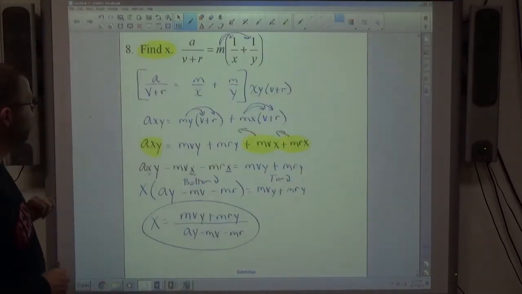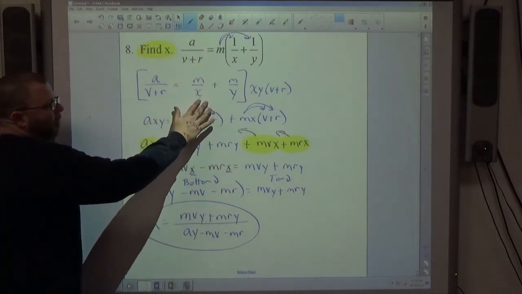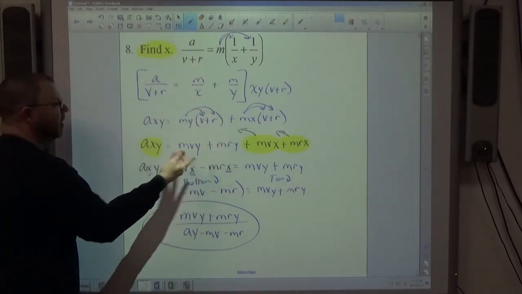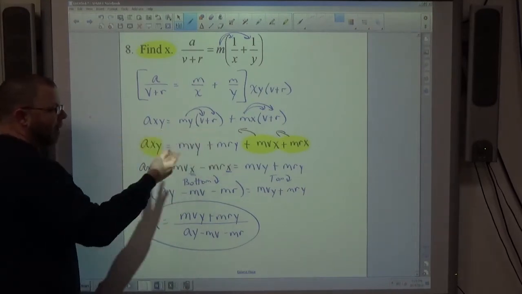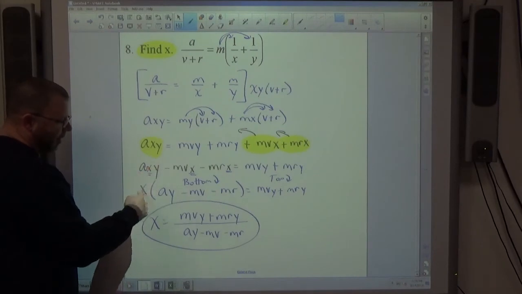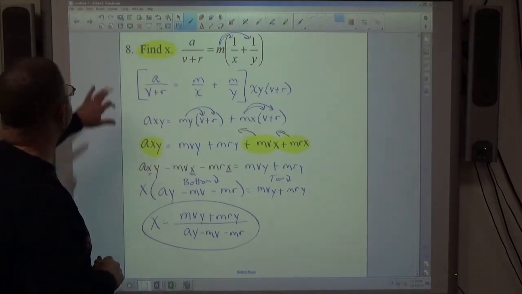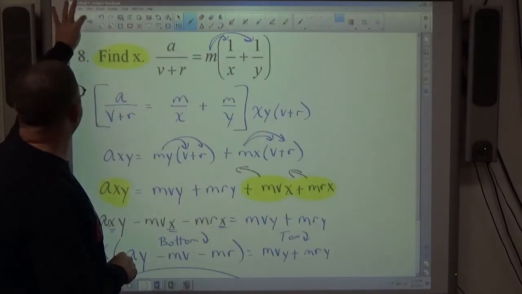And just to give you the whole thing at once, there you go. Get rid of parentheses, get rid of fractions, get rid of parentheses again. And once you get everything down to as simple as possible, everything containing the letter you care about on one side, everything else on the other, factor it out, divide by whatever is being multiplied by it. That's how those problems work every time. Number 9,